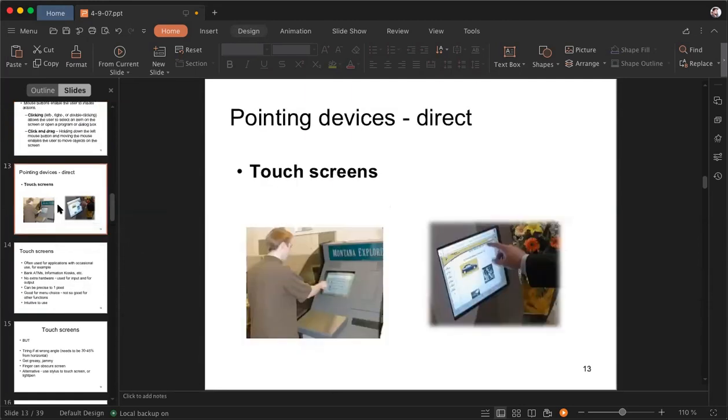Then we have the pointing devices. That is called touch screens. We use touch screens in many places nowadays, such as computers, ATMs, online movie ticket booking, and even when we visit cafes like McD, Pizza Hut, and cinemas like Inox and PVR, you have that touch screen available. The pointing device, it is called exactly. You can access all the information. You can go through all the information. So that is again one of the important parts of the touchscreen.